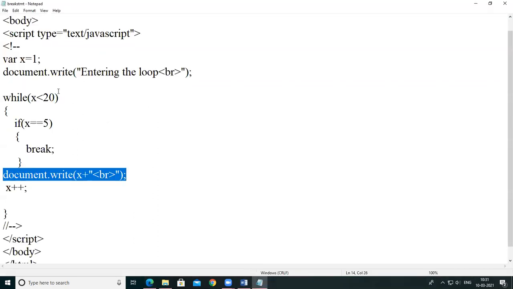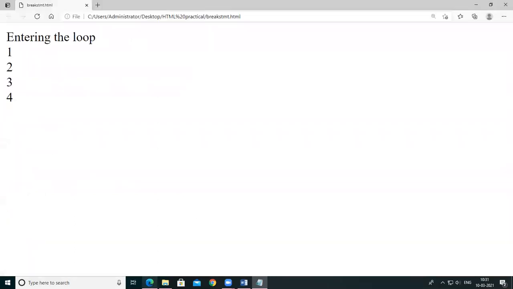Okay, so let's see, when I change this value to 11, it prints the numbers 1 to 10. When you do any changes in the program, then save this program by pressing Ctrl S or just from the menu. So see here, these numbers are printed here by using this break statement. So the values are printed until the break statement is executed.